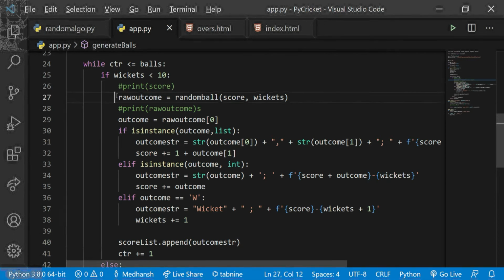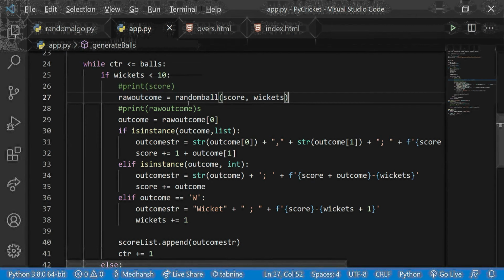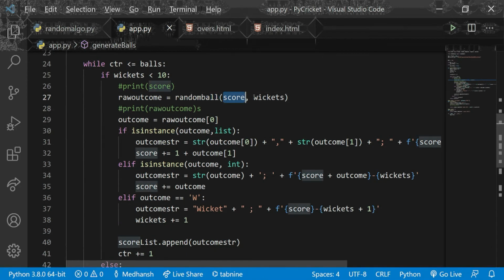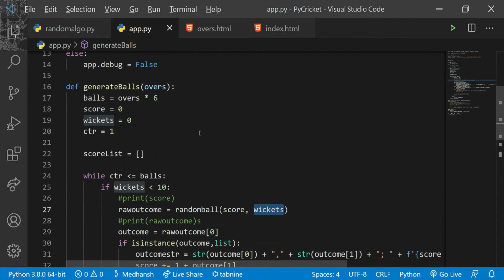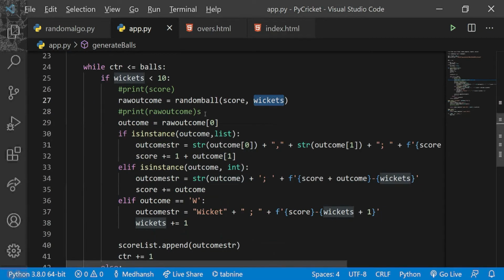Okay, so here raw outcome, as I said, in this case is a tuple. As you can see over here, it's a tuple. So I run the random ball function with the current score and the current wickets, which are these two variables. In the beginning they will be 0, but they do get modified further in the code.